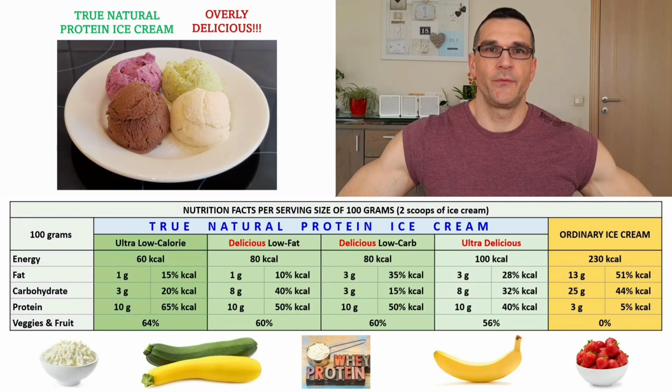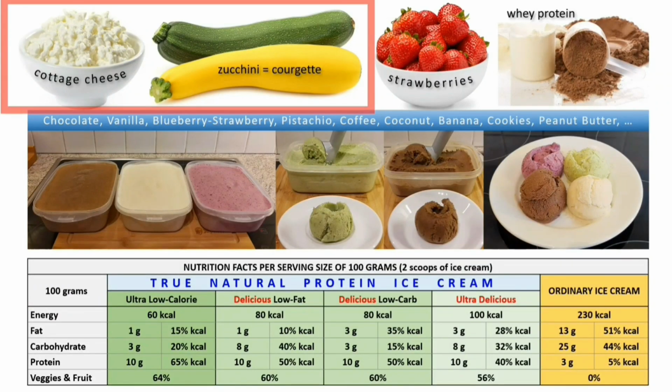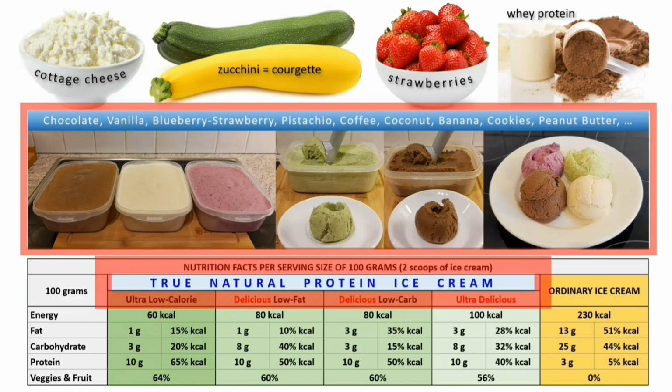Hi protein ice cream fans, are you ready for another video about the most delicious and healthy low-calorie protein ice cream recipes? Great! In this video I will answer some of the most frequently asked questions about my true natural protein ice cream recipes. But before we start, cottage cheese and zucchinis are the signature ingredients of my true natural